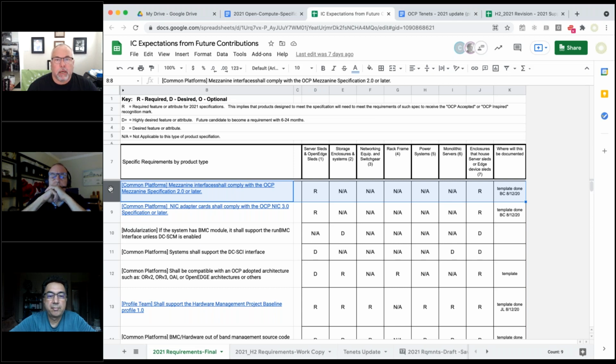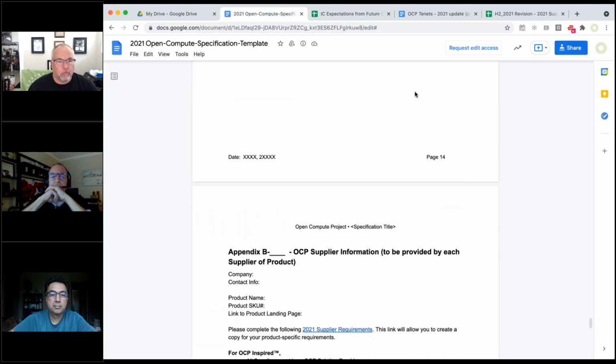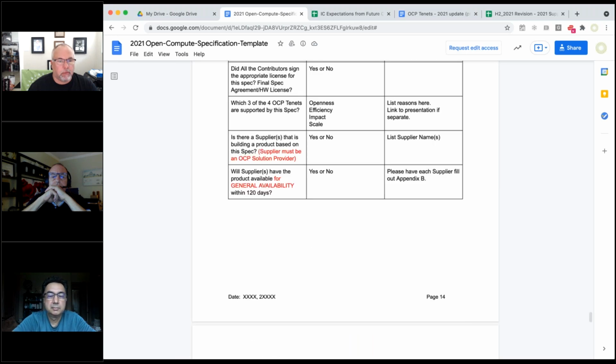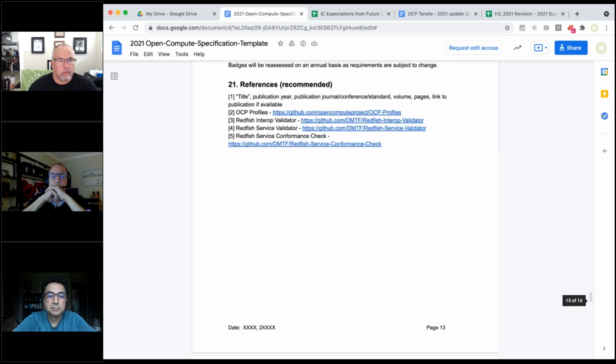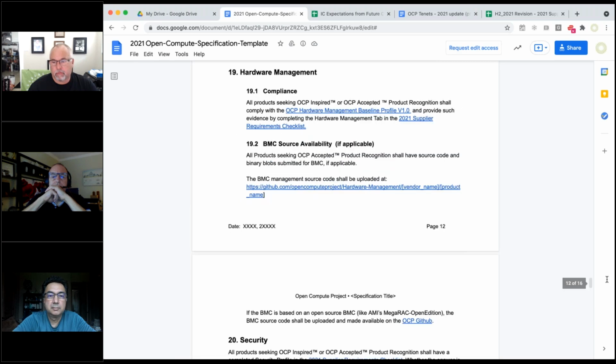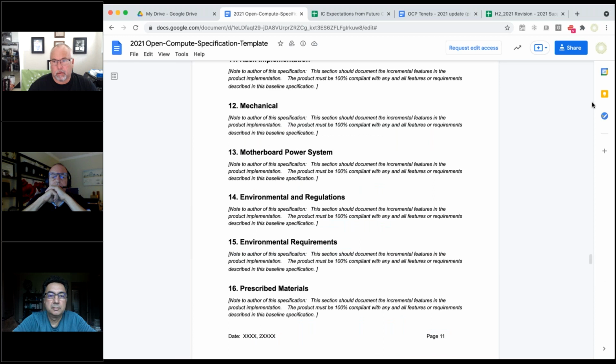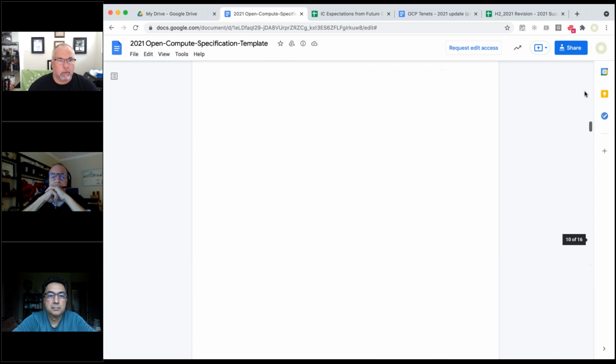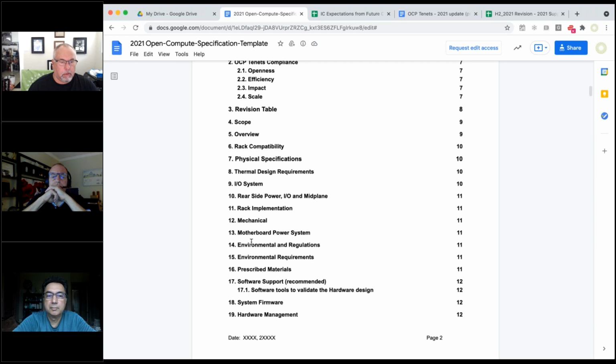So in the spec template, we don't have any reference to a mezzanine requirement. I was just looking for that. I didn't find one. Go back to the IO system 10.